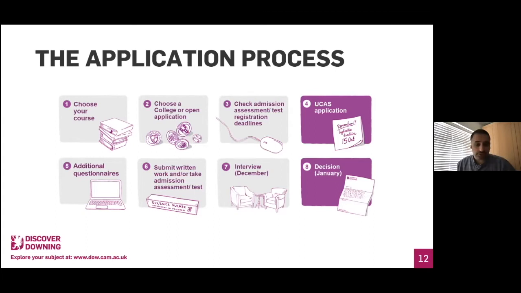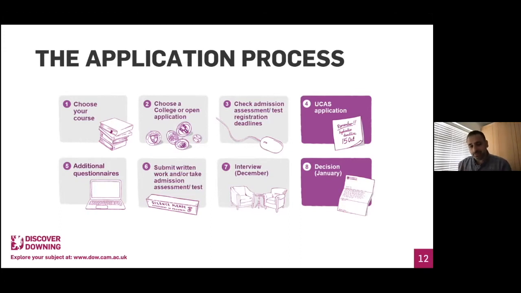So your checklist could be location, it could be accommodation, it could be catering facilities, it could be the sports facilities that the college has on offer. So do spend some time, visit all the college websites, read about them. There's lots of resources available on all the college websites, and find out more about the college that you might be interested in applying to.